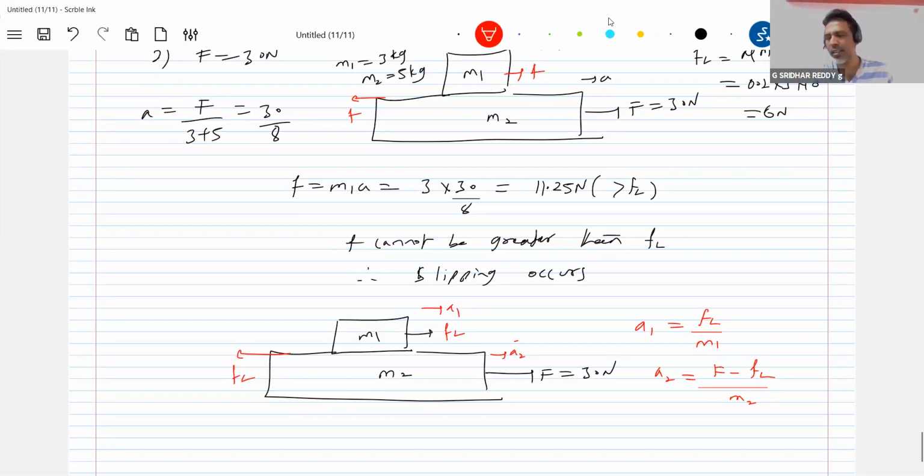Very important. The last one we discussed was theoretical, but in numericals, when you're solving, you should have this condition. Always assume no slipping, in maximum numericals. Assume no slipping. Calculate the friction value. If the friction is less than limiting, what you assumed is right. Friction greater than limiting, then what you assumed is wrong. Then you have to change the condition. Slipping occurs. Then again come to the problem. Calculate the acceleration of the blocks individually. Everywhere the same story repeats. In all those 100 numericals, the idea will be the same.